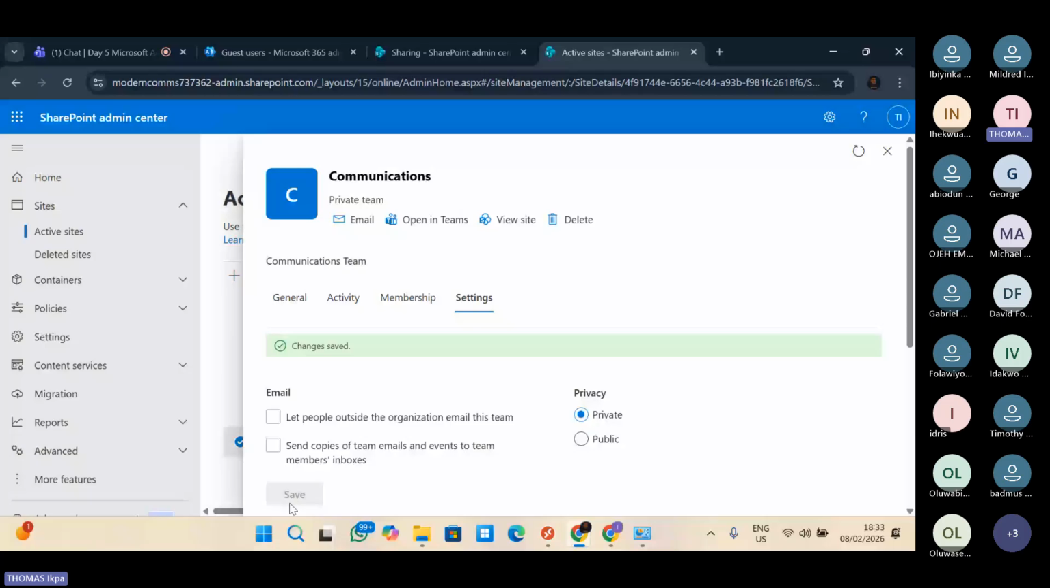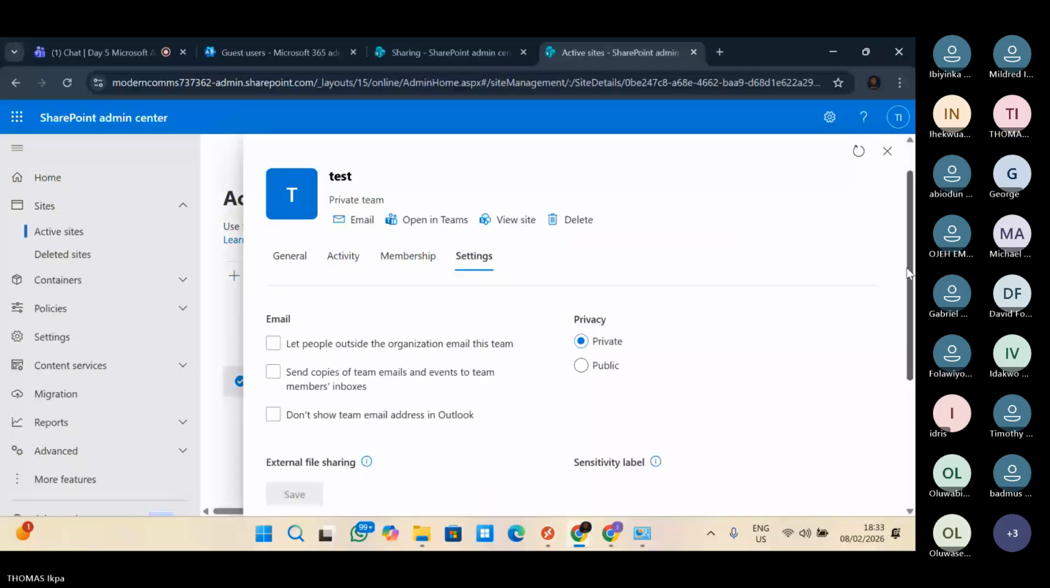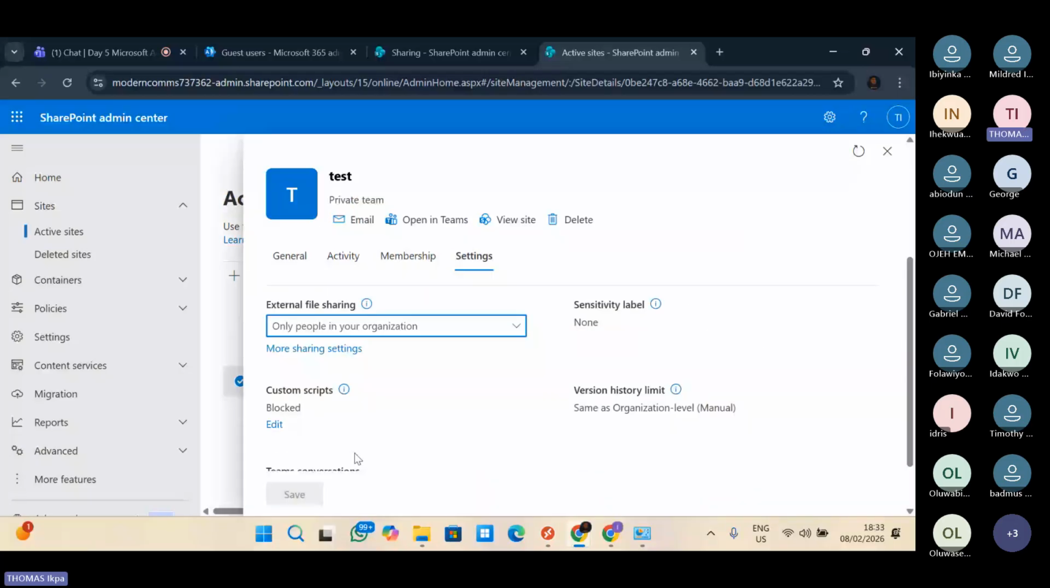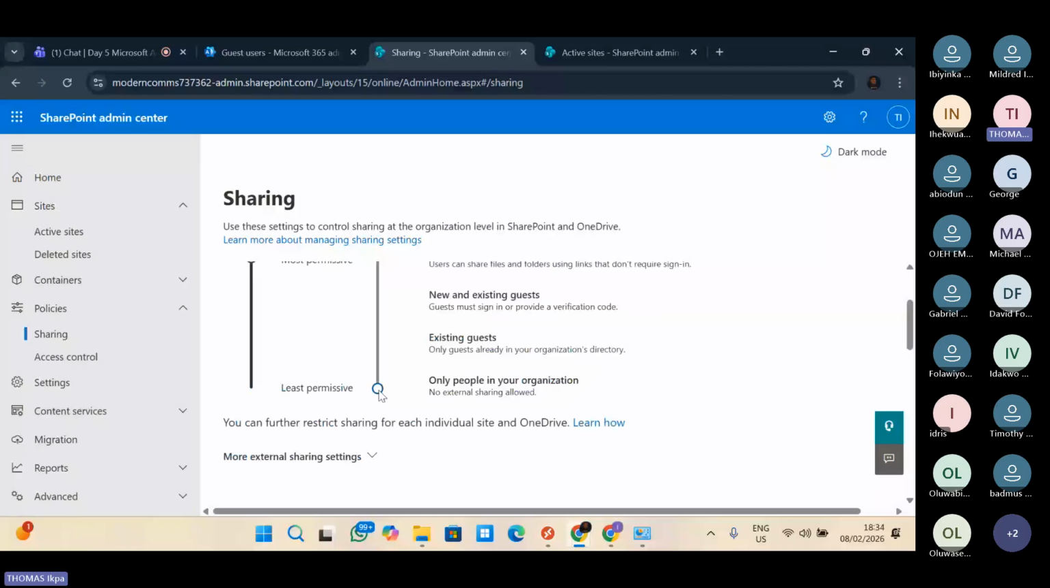Let me show it to you. Now, let's use this one, test. If I go to test now, and I choose settings, and I go to, okay, only people with the organization. Now, if I come here, and I set it to only people in the organization now, and I click on save,